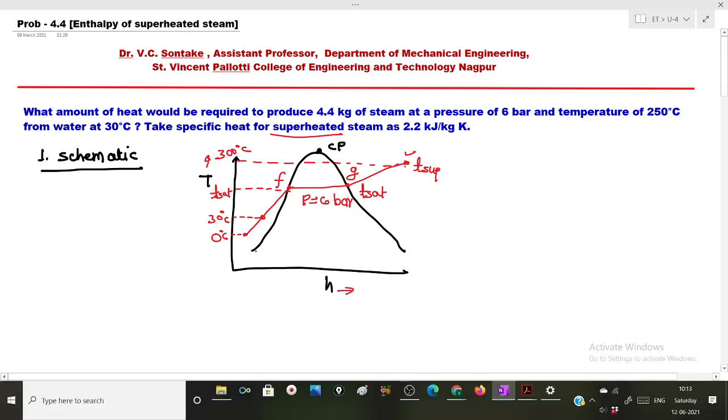So what we are supposed to calculate in this problem, we are supposed to find out a total heat required to convert this water at 30 degrees Celsius to steam at 250 degrees Celsius. Okay, and this will be the enthalpy or total heat. Okay,